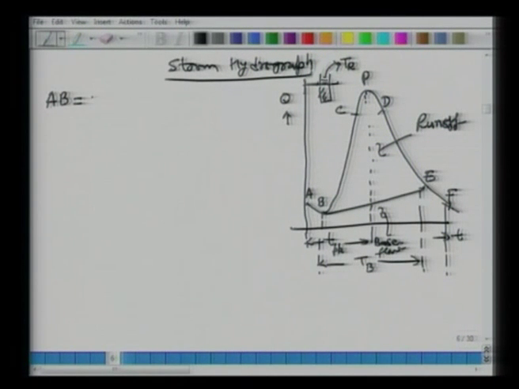AB is the base flow recession. And AB actually is coming from the previous hydrograph. This particular hydrograph is rising from B. So, B is the beginning point. So, you can say AB or maybe EF. It is the base flow recession component. And then you have B to C, which is called the rising limb